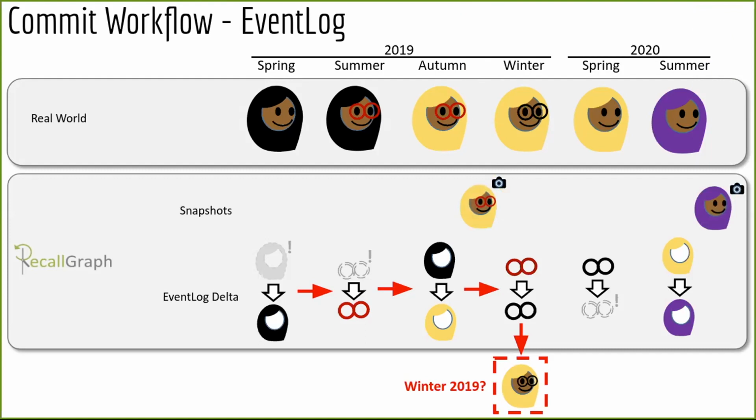Snapshots are nothing but a complete picture of the entire state of an object, and these are taken at periodic intervals after a certain number of events have occurred. In this example, at every 3 events, there is a snapshot being taken. So now, once again, we want to rebuild the state of the object as of winter 2019, and this is now done very simply by finding the nearest snapshot, and from there, we just have to replay one event to get the state as of winter 2019.